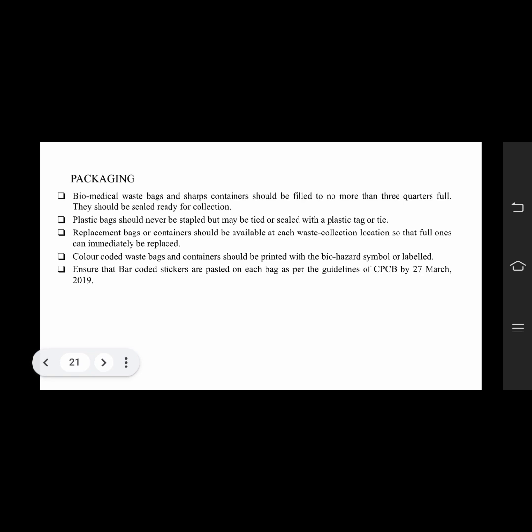look at how to pack. When it comes to packaging, we have these bins, but it doesn't mean that we can throw all these things into a particular bin without any proper covering. There should be proper covering and proper packaging to reduce the infections from this waste. Then after proper packaging,